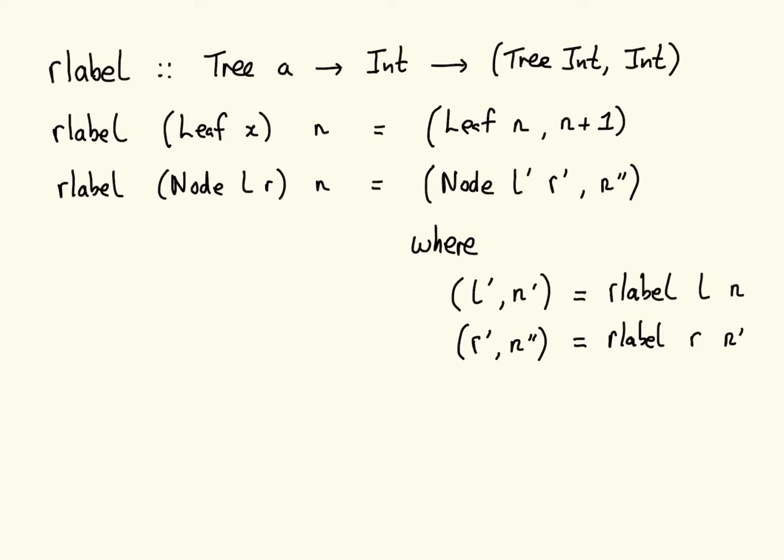But there's a bit of a problem with this. Well, there's two problems really. One is there's quite a lot of plumbing code involved here. If I actually track through how I'm threading the fresh label, it's actually quite complicated. So if I do this in red, I'm taking the first fresh label in here, n, and it's getting passed down into this function here. Okay, so we're threading it into the rlabel function. And then that value is coming through the rlabel function, and then we're